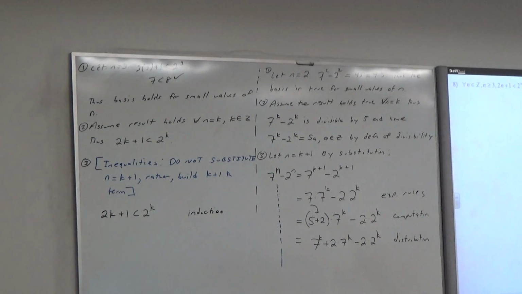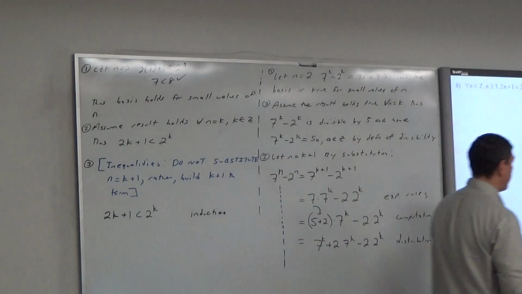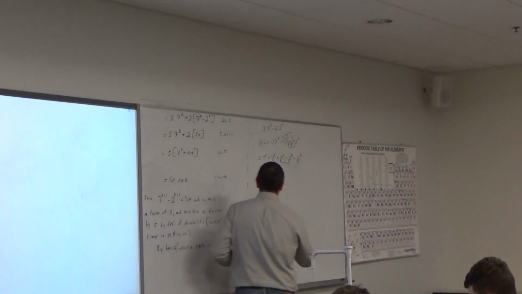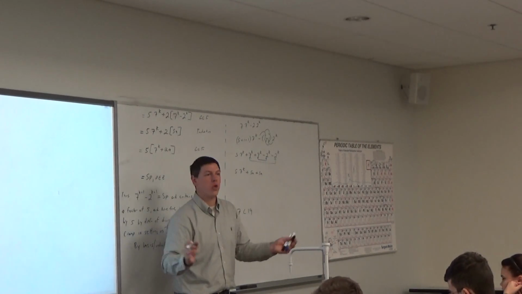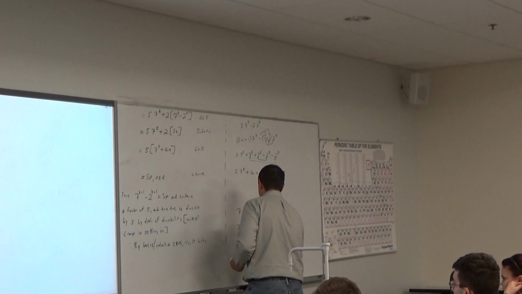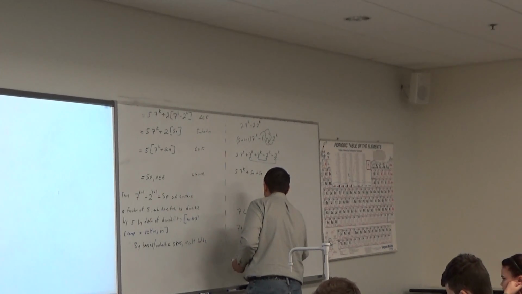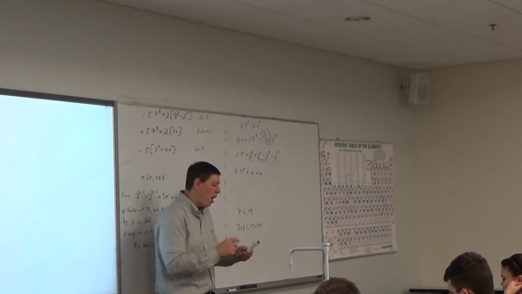Now, what I have to somehow do is I have to use my laws of inequalities. And remember, you can add stuff to both sides of an inequality as long as the inequality holds true. Like, for example, and don't write this down, okay, but I'm just going to go over here. And let's say for some reason I had 7 less than 19. Okay, that's true, right, guys? Hopefully it is. What if I did this? What if I said 7 plus 6 is less than 19 plus 99? Okay, is that true, guys? Yeah, because isn't